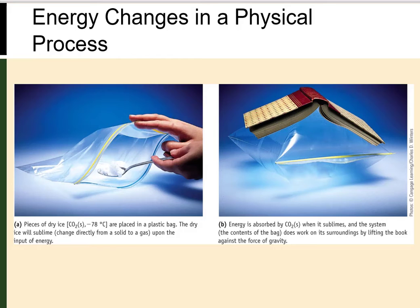So we have a small quantity of dry ice, which is solid CO2, put into a plastic bag and it's sealed. Then a book is placed on top of the bag, so the book has weight to it. When energy is transferred as heat from the surroundings, the dry ice changes from a solid to a gas. That's called sublimation. But in order for that to happen, energy has to be transferred as heat from the surroundings